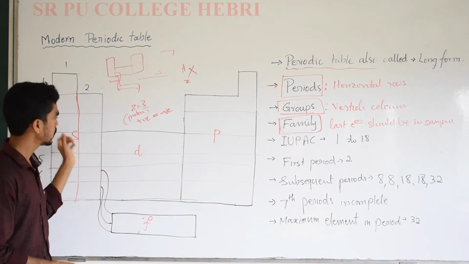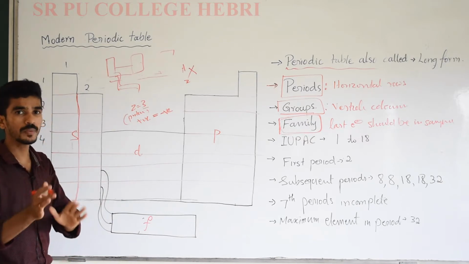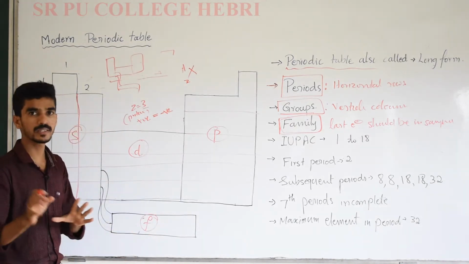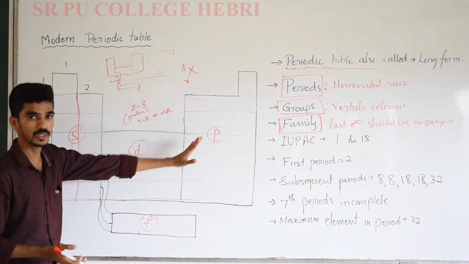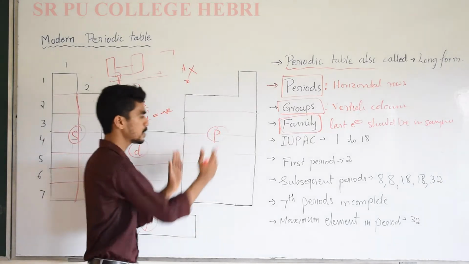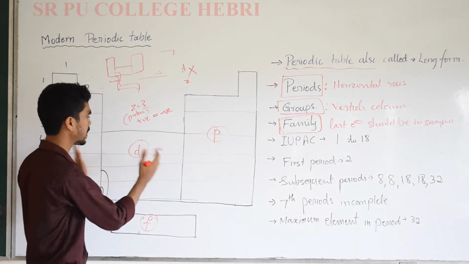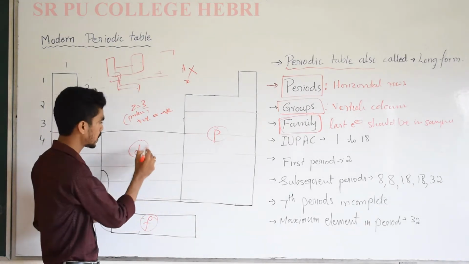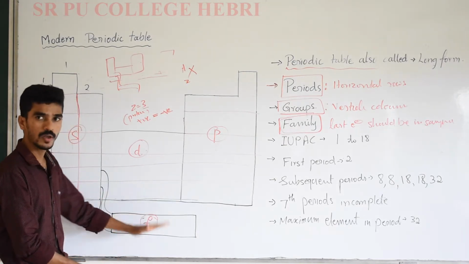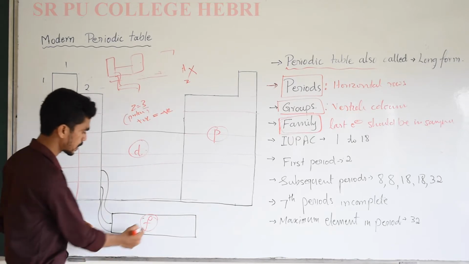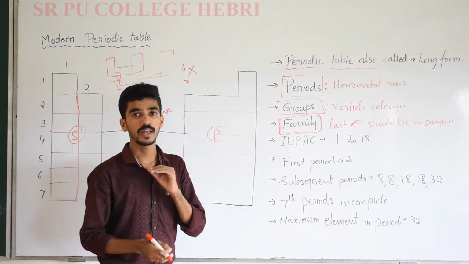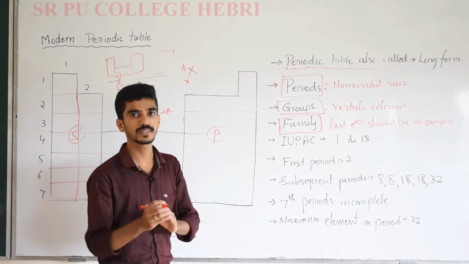Why are they taken as S, P, D, F? Because orbitals are named S, P, D and F, and these are placed in particular positions only. On the leftmost side of the periodic table is the S family, and on the rightmost side is the P family. In between these two, like a bridge, is the D family, and the F family is below the periodic table. So we can say the electron filling of the outermost shell decides the families.